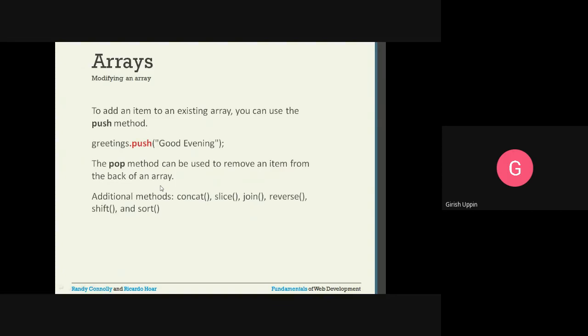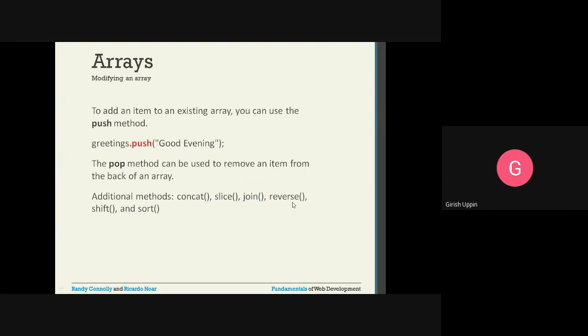Similarly, pop can be used to remove that particular element which has been added. Whenever you call the pop method, if I say greetings dot pop, whatever is at the highest index, that element will be removed. And there are some additional useful methods along with the array object, like concat. We can do slicing. Suppose you want to slice a particular part of the array, you can do that. Join method.